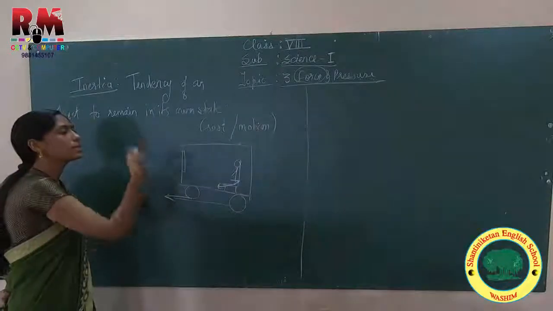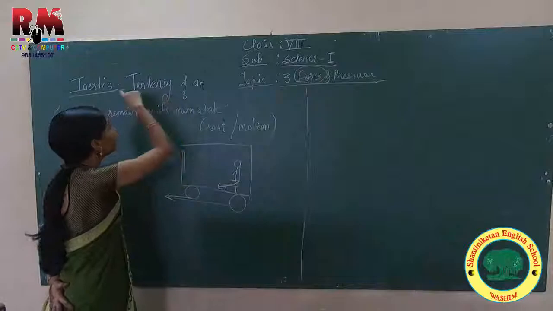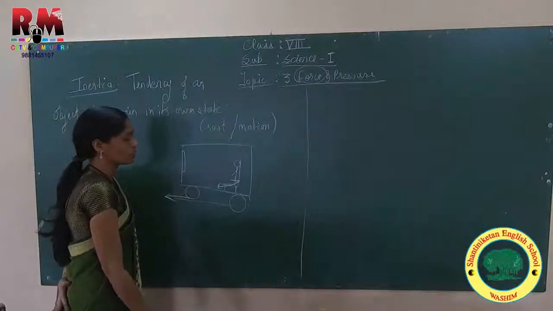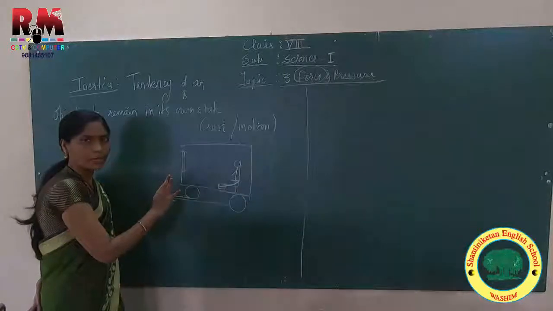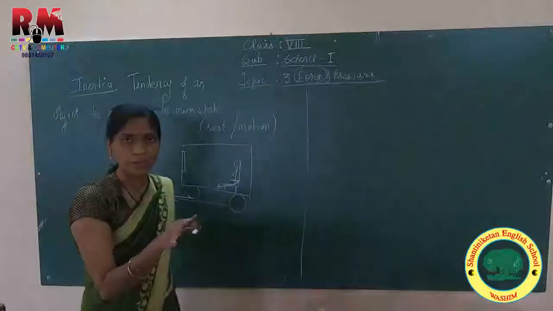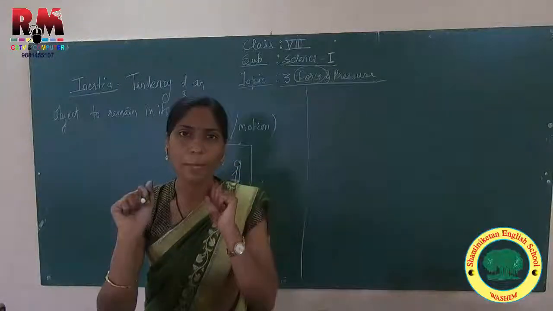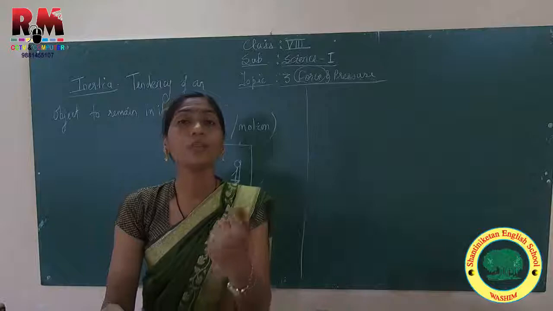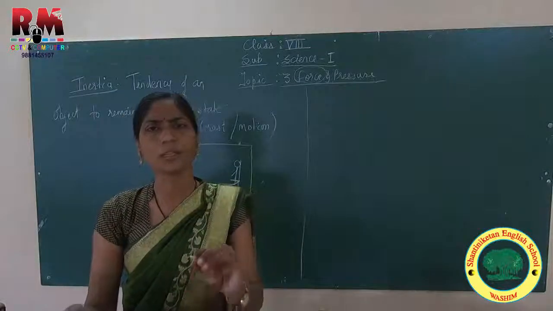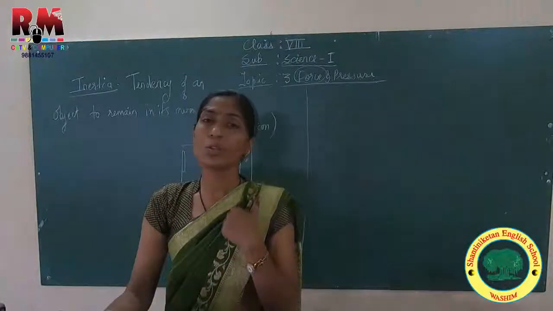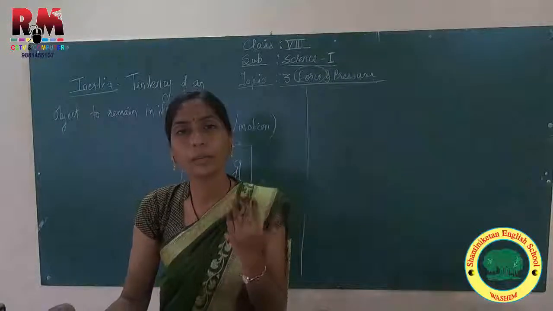Now just imagine another condition, state of motion. How inertia is acting as a state of motion. Now the bus is moving. Imagine that the bus is moving and suddenly a speed breaker comes, and the bus driver applies the brake. What will happen? You will get a forward jerk. Is it so? This is a very good experience. You might have had it. So what is happening actually, children? You will get a forward jerk. Now why are we getting a forward jerk?